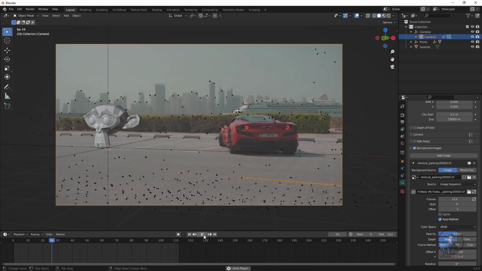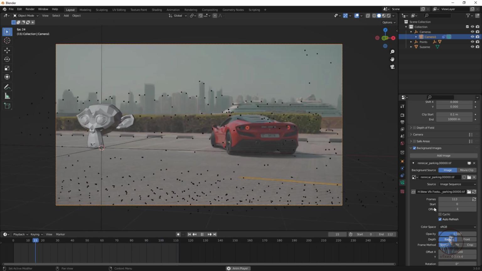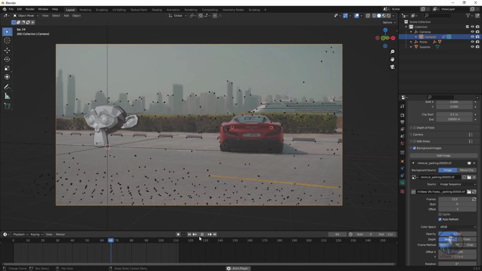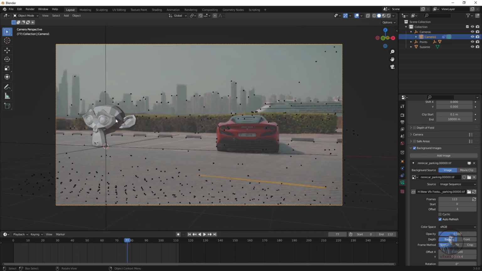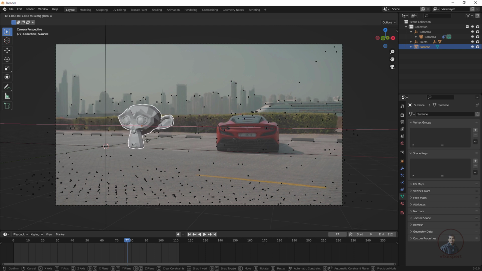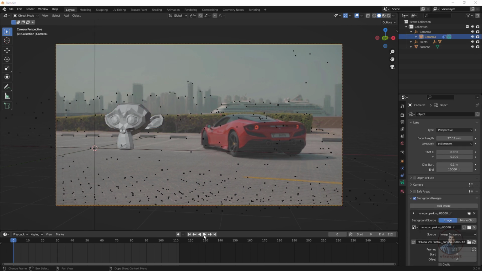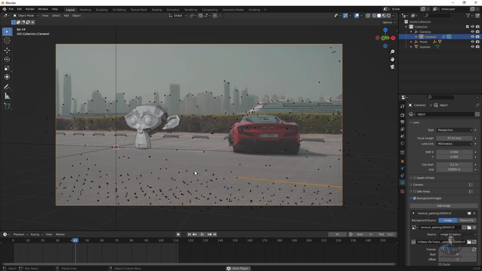So guys, if you are facing this problem, then simply you can adjust it with the help of this property, this start frame here. Now the remaining things are looking good. After this point you can simply select your object. Now just press G, then X, and you can move it here, even place it here. Anywhere that you can place inside this scene, or simply we can play and check.